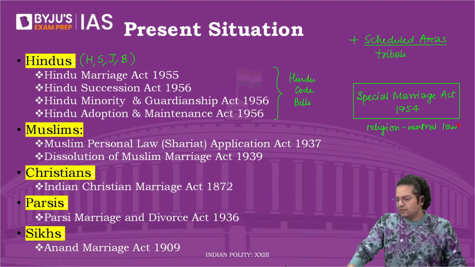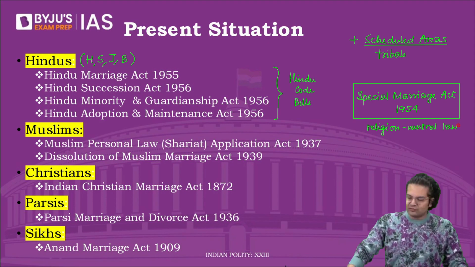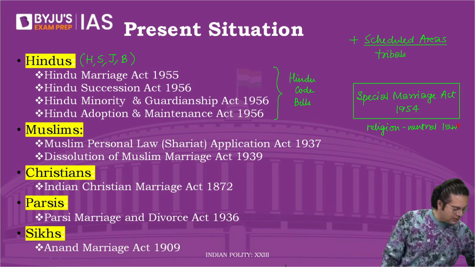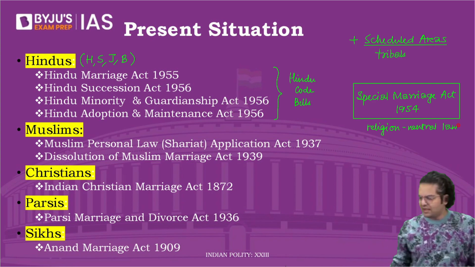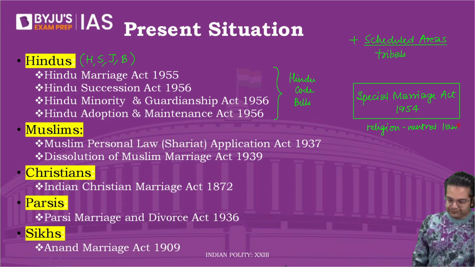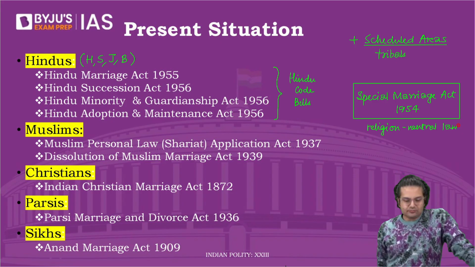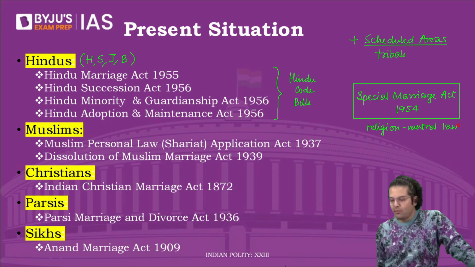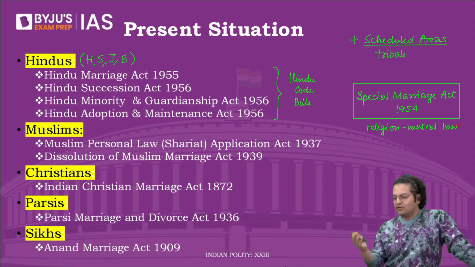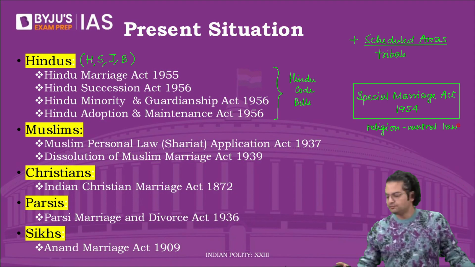So the point is, should we have one common law? Tell me, how many of our innocent people here support this idea that we should have UCC? I launch a poll. Don't be angry. Relax. Calm down. Okay. A lot of you say, yes, we want one common law. Innocent people. Tell me, what is the problem? Why do you want one common law?